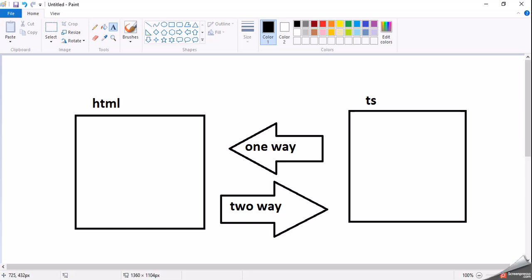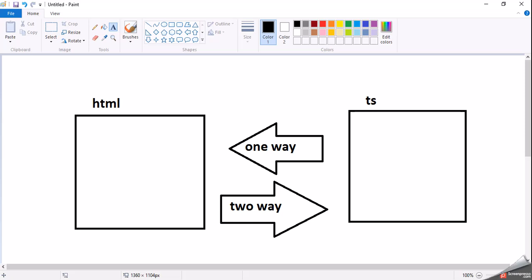That is called two-way binding, meaning HTML to TS file and TS to HTML in both directions. But if we want to transfer only TS file data to the HTML file, that is called one-way data binding.